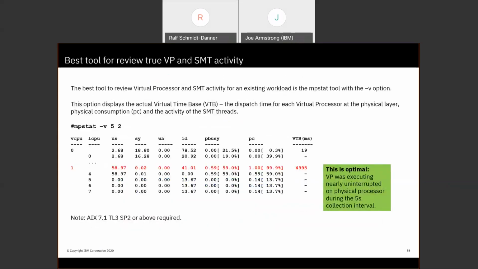So one important tool, if you're using shared CPU LPARs, so several LPARs on the same physical server, you want to figure out, is my entitlement good? How much am I fighting for physical CPU usage with other LPARs in the system? Starting with 7.1.3 SB2 or later, you can utilize the mpset -v command, and it tells you under the VTB column